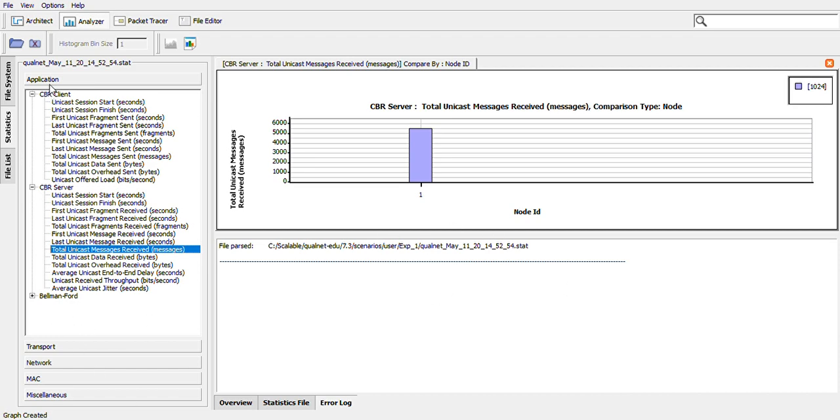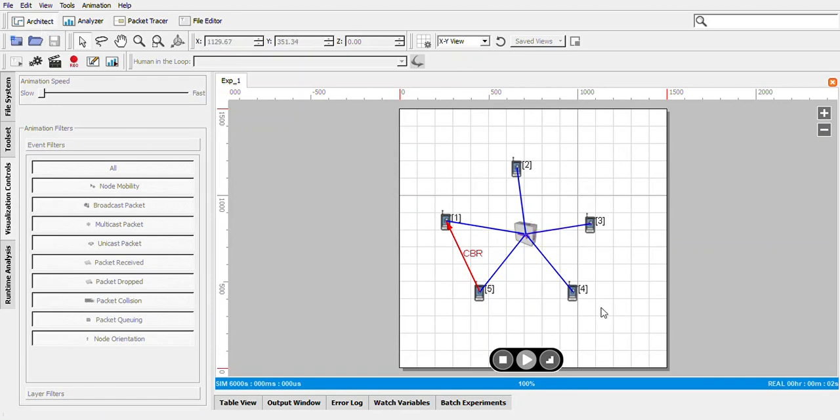Okay, this is what you have to do in the first experiment, and I hope you have understood the general steps you have to follow in order to do any experiment by using QualNet. Just a recall: first, you need to create the topology.